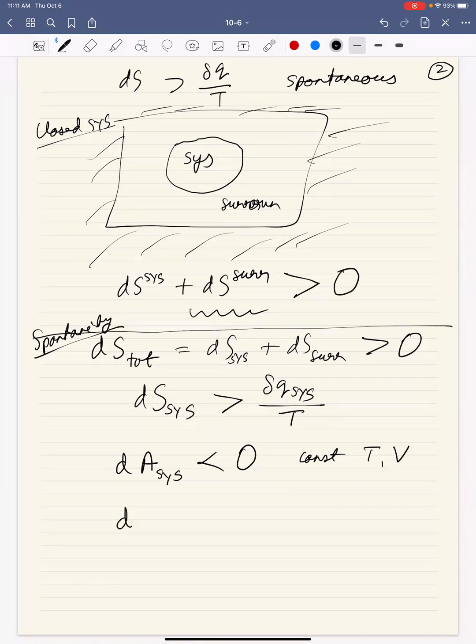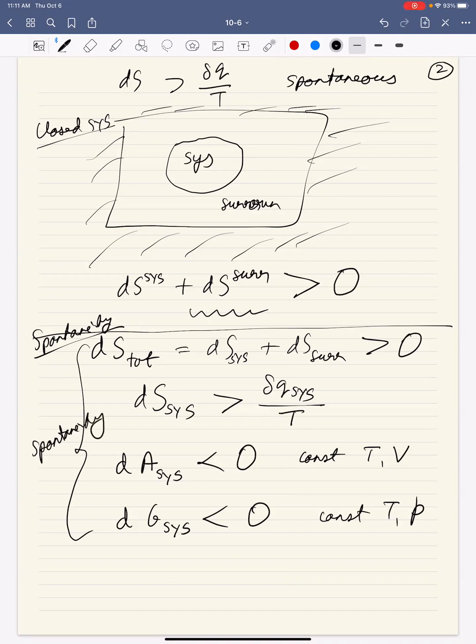And then we will show that there also exists a state function known as G, such that dG system. I will normally not write system or surrounding. When I don't write it, I assume it's system, okay? But just to clarify here, this has nothing to do with the surrounding. This is a property purely of the system. At constant temperature and pressure, these four are conditions for